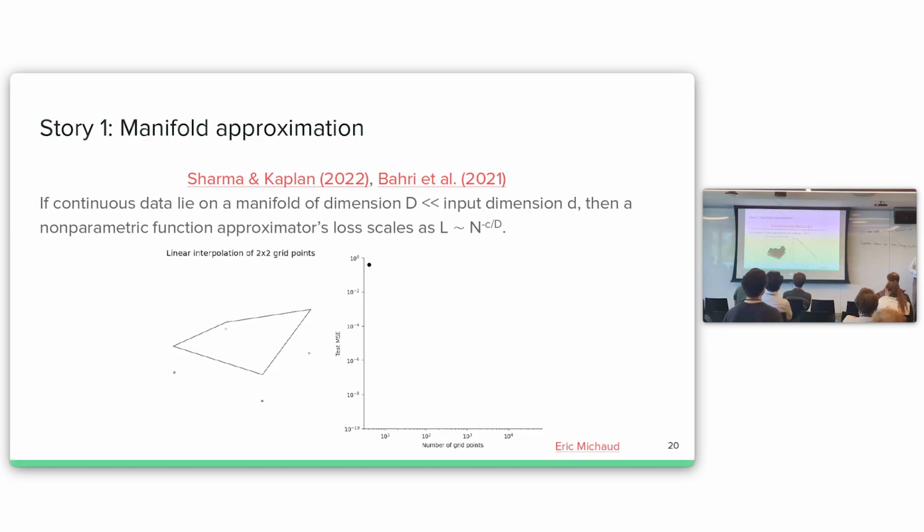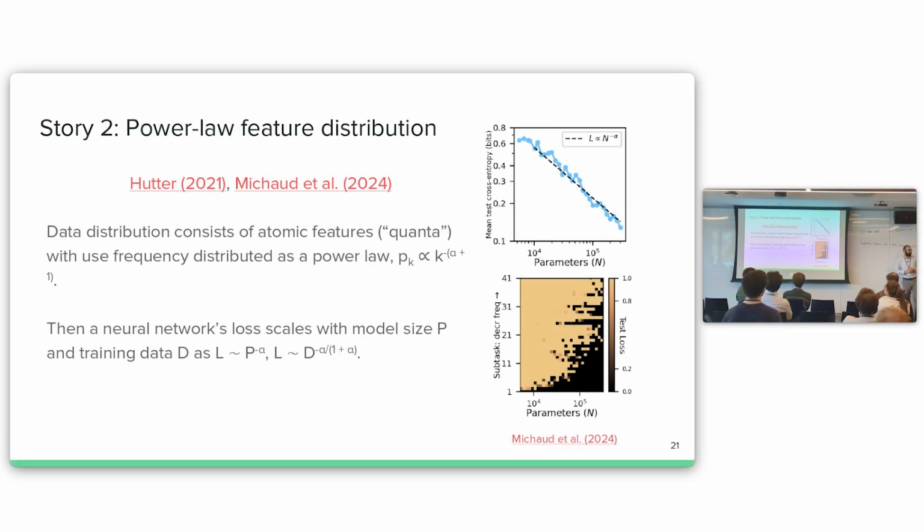And so another idea that is thought about, and this also is due to Eric, is that there might be an intrinsic power law distribution of features in the data. Here the idea is the data distribution consists of some atomic features, which could also be called quanta, because of their discreteness, with a heavy-tailed distribution. So their frequency of use, or their importance in general, decreases as a power law. And so you could learn the most important feature, then the second most important feature, and so on in that order. And then your scaling laws will recapitulate this intrinsic power law distribution.